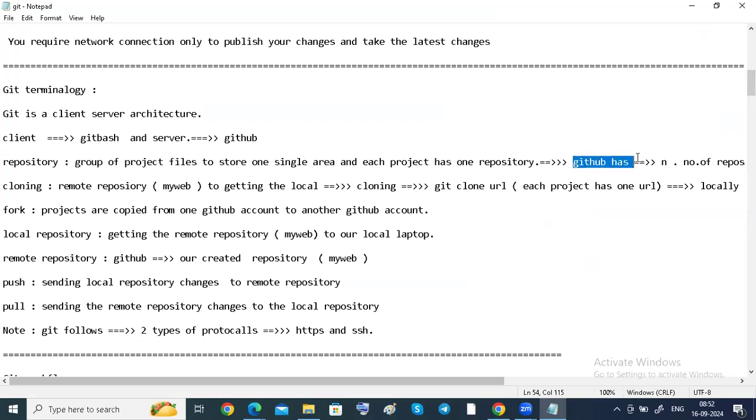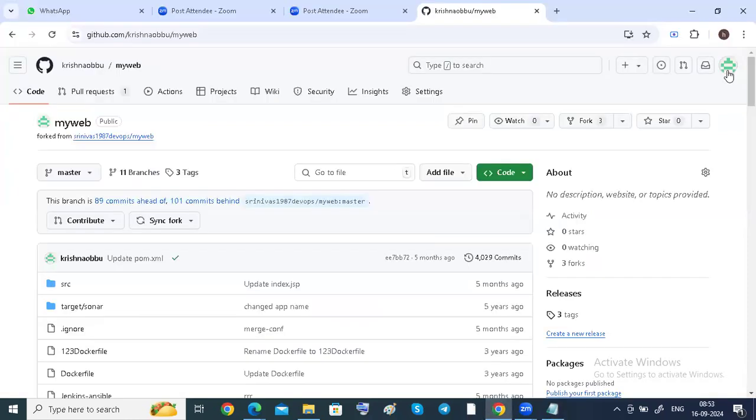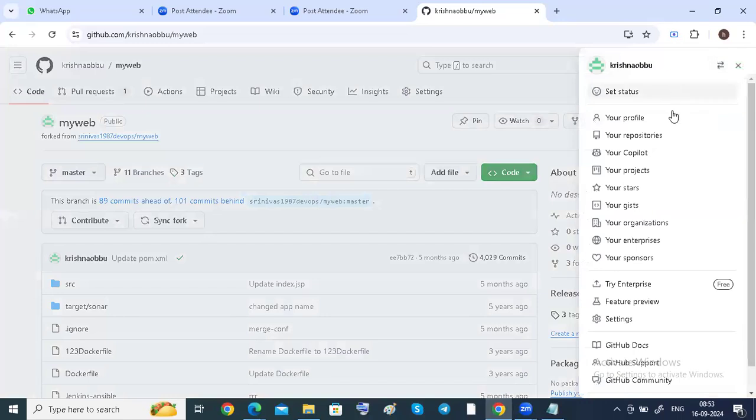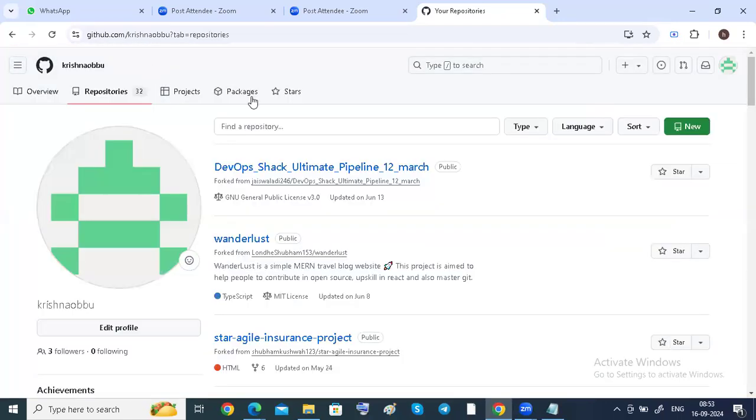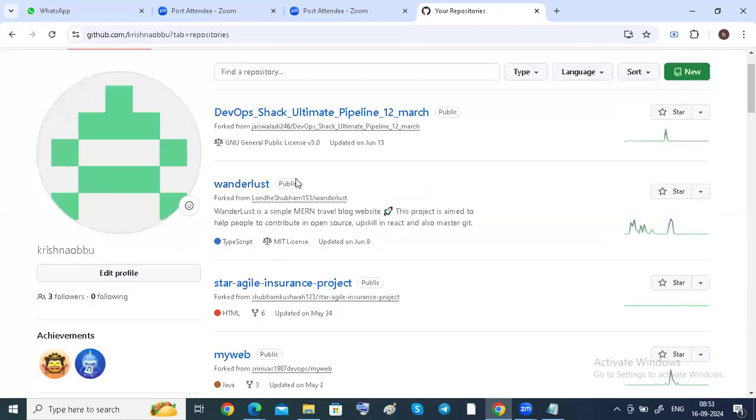In GitHub, we have a number of repositories. You can see here, I have a number of repositories, guys. Like my web, I have a lot of repositories. My web is one of the projects.